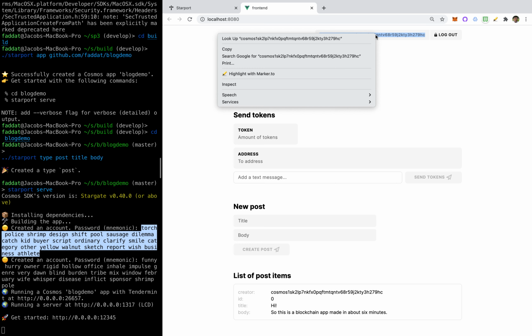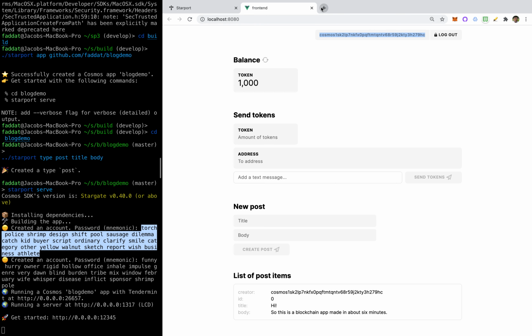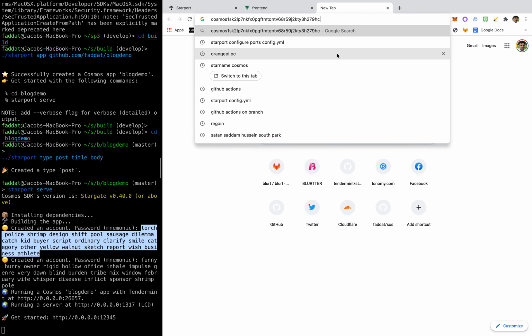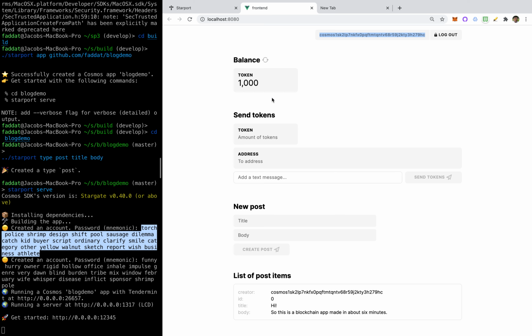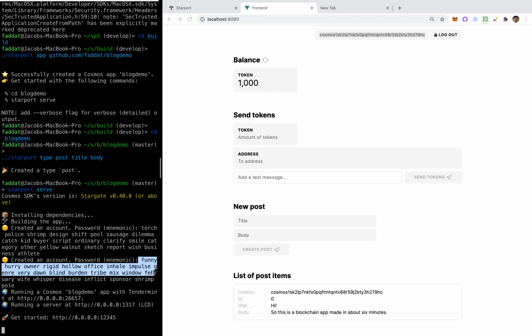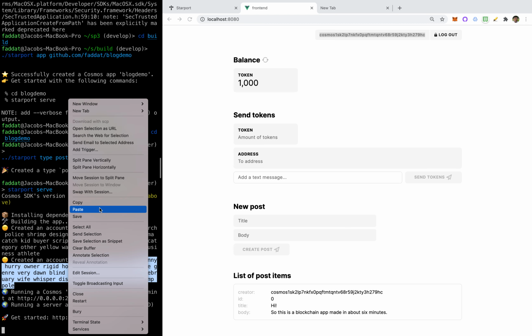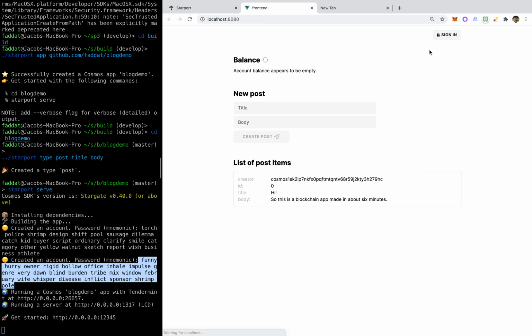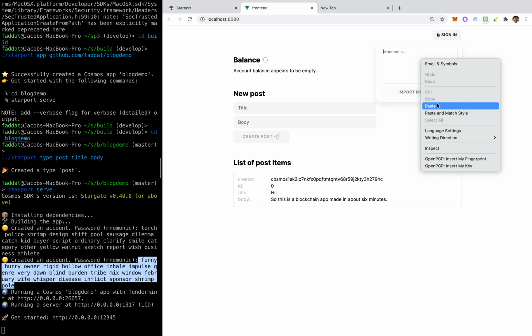Okay, so here's our address. We're going to copy that. We're going to just throw it in the URL bar here. We have it. And we're going to log into another account. Okay. It uses HD key derivation. We're going to log out. Okay. I'm going to sign in again to the other account,